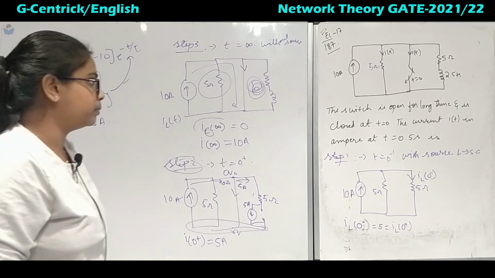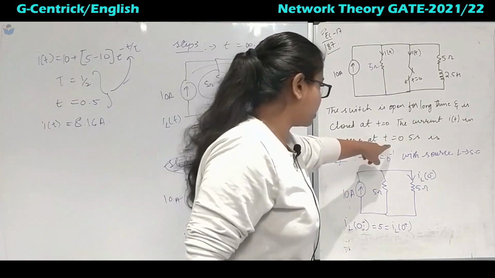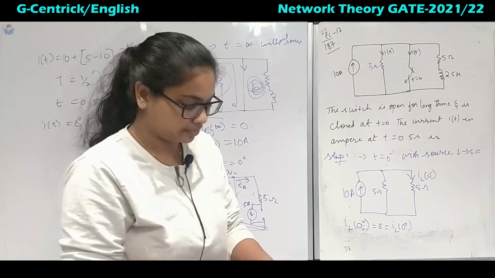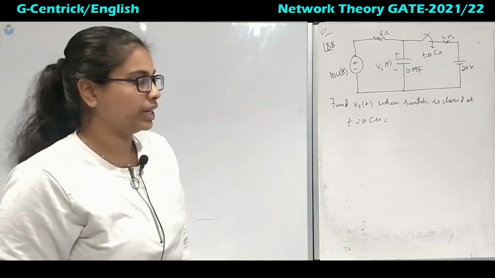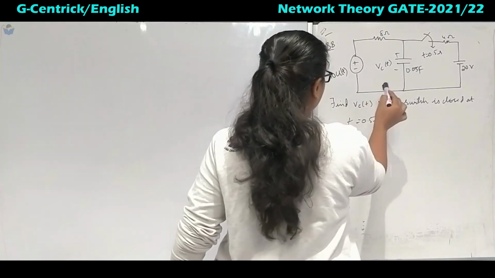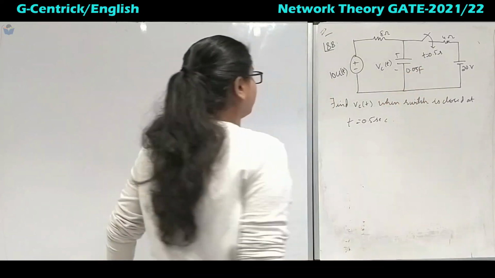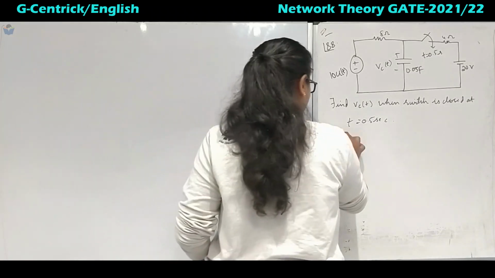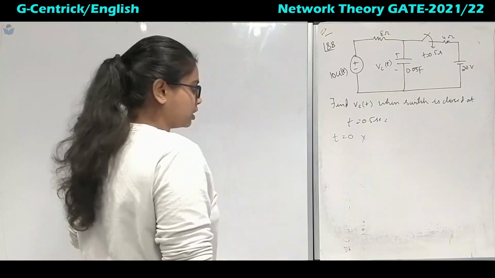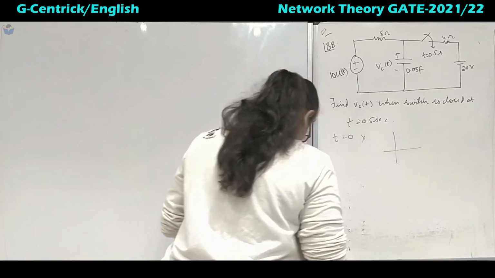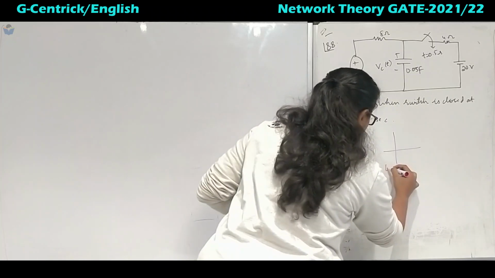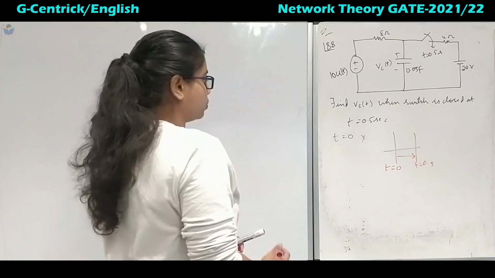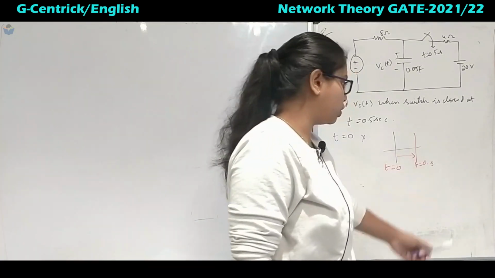We will take one more problem based on this, which we have discussed. We will take the switch closing at t equal to 0.5 seconds in the next question. Coming to question number 188, we have to find the value of Vc of t when the switch is closed at t equal to 0.5 seconds. Here t is equal to 0, the switch is not closing, but if you take the time axis, here is t equal to 0 and somewhere here t equal to 0.5. So our reference point has shifted from 0 to 0.5.